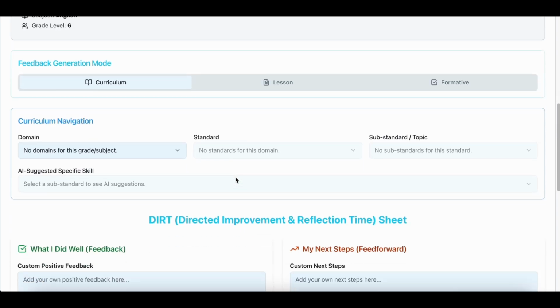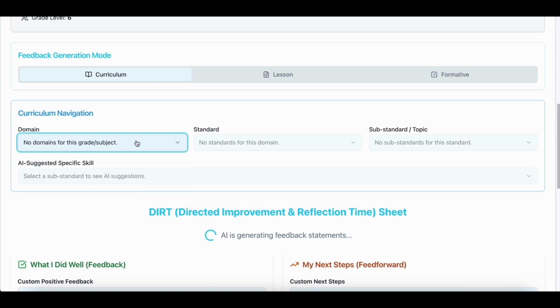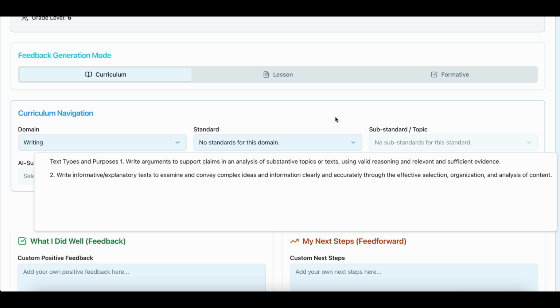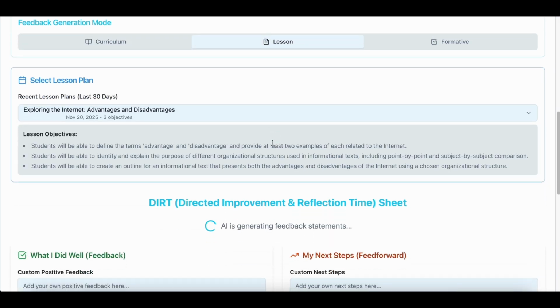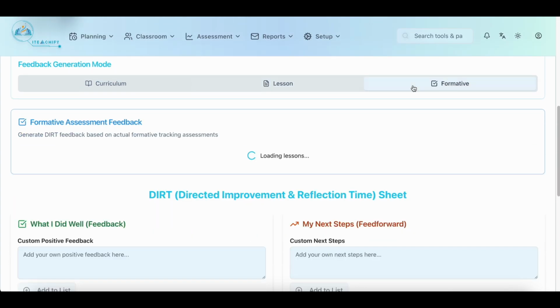The first one is based on curriculum, which is sort of manually choosing the skill or skills you want to give feedback on. The next one, the Lesson tab, gives you the opportunity to give feedback based on whichever lesson you have taught, and if selected, all of these lessons should populate, along with their feedback and next steps options